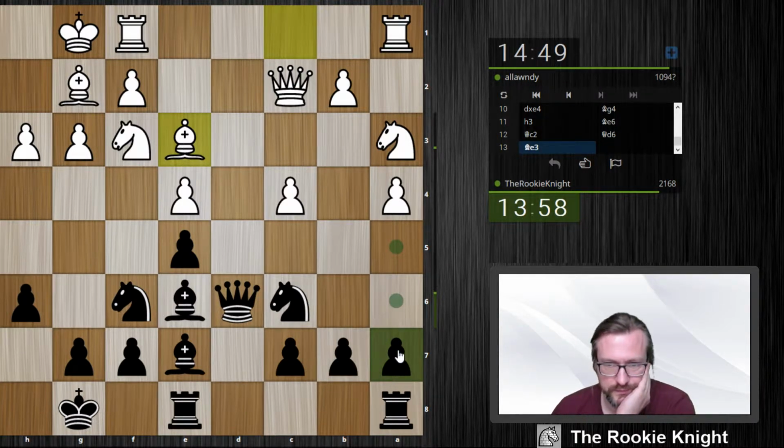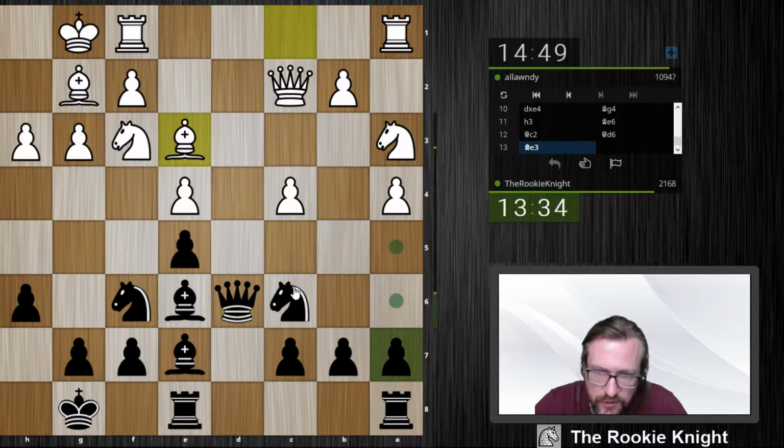Huh. Maybe queen b4 first. Although it also looks like the queen is a little bit in danger there. Let's think about that. Knight b4. Here's queen c3. But then I can take on e4 with tempo. So queen b3 maybe. But queen b3...